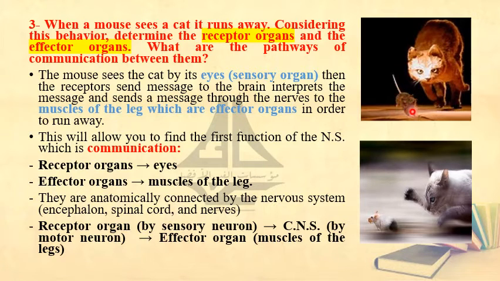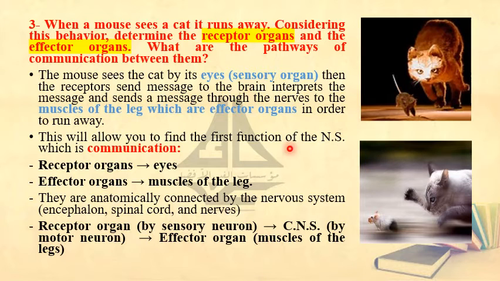So the sensory organs here are the eyes of the mouse. They have seen the cat, and the message was taken to the brain, analyzed, and then the brain sends a message to the muscles in order to run away. What are the pathways of communication between them? I'm going to ask you a question. What is the link between the eyes and the muscles of the leg? What allows the eyes and the legs to communicate with each other? Of course, they are the organs of the